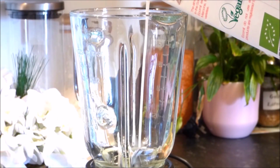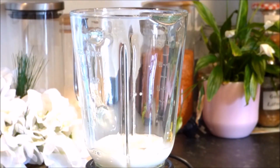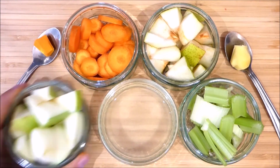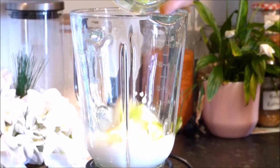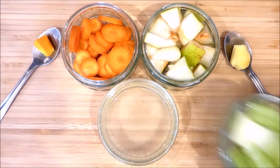Right, so we're going to start with a bit of almond milk to prevent things from sticking to the bottom as well. Now I'm going to put in about half an apple. Apples contain vitamins A and C, which can help prevent sagging skin, and it also contains copper, which helps for brightening and toning. 1 stalk of celery,